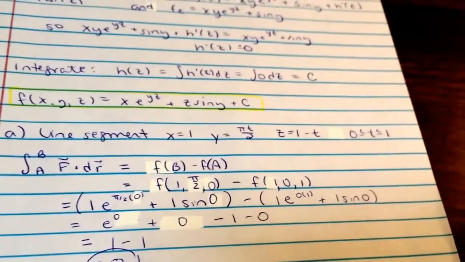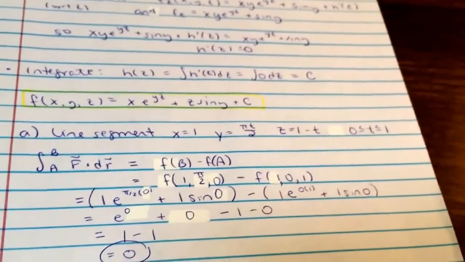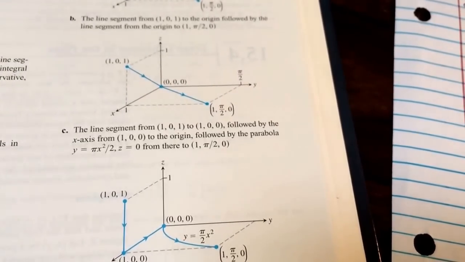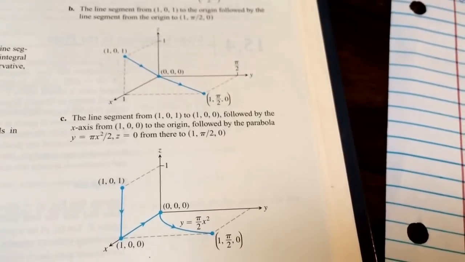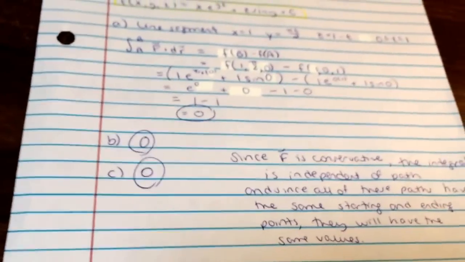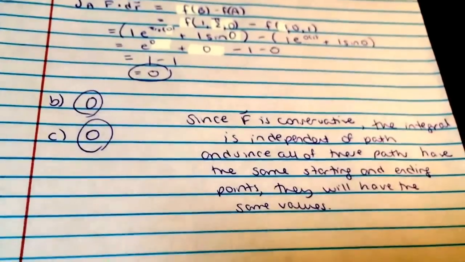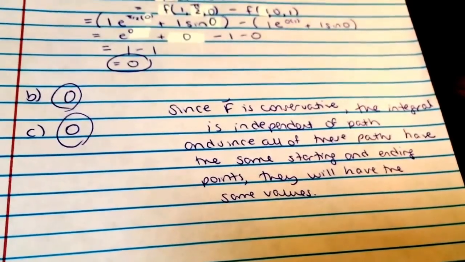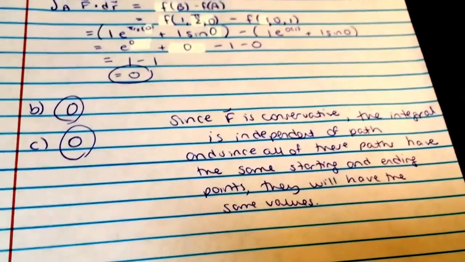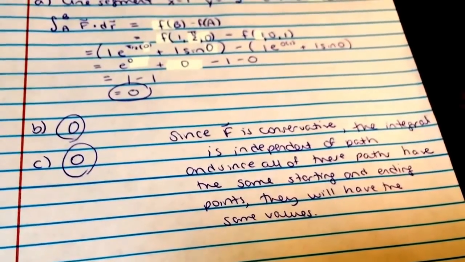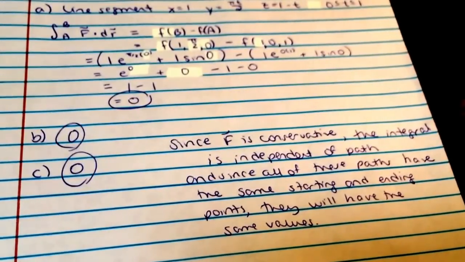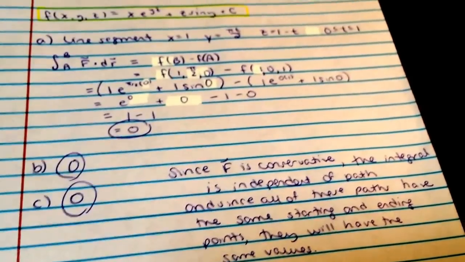So here's the magic. Ready for some math magic? The other two, totally different paths. A lot of work if you do it the other way, but because this is conservative and they start and stop at the same place, ready for the magic? Just 0, still just 0. So you don't have to do any more work for B and C because this is conservative. So it's the same. So it saves you huge amounts of work with this new way to do things, but this again only works if it's conservative. So this doesn't work for everything, but it's nice when it does work.